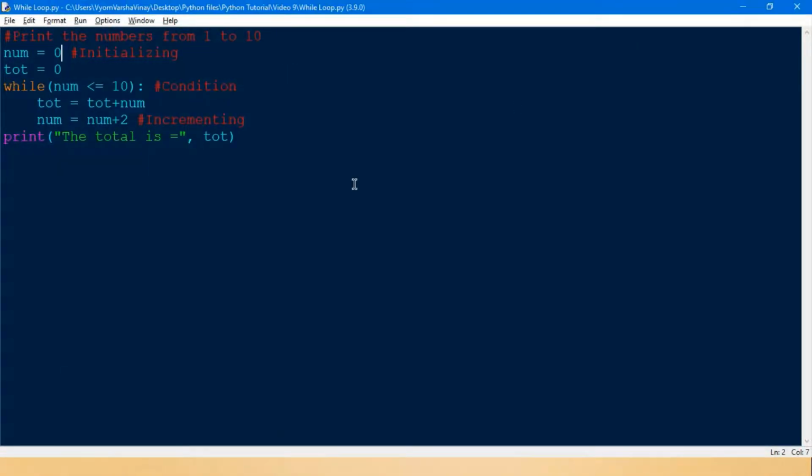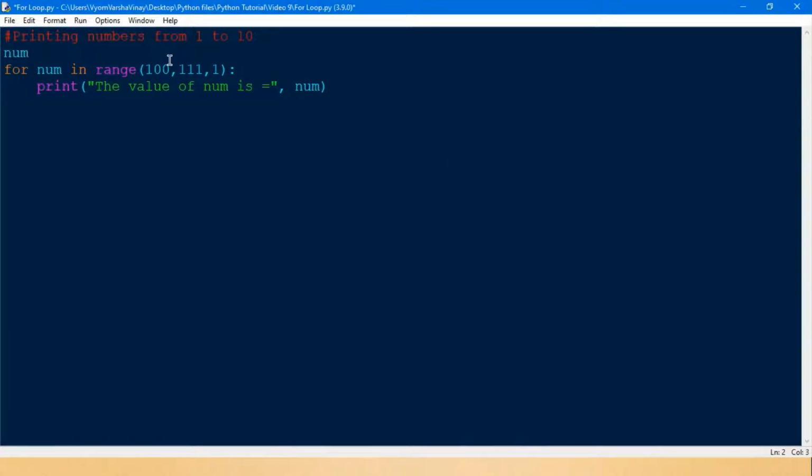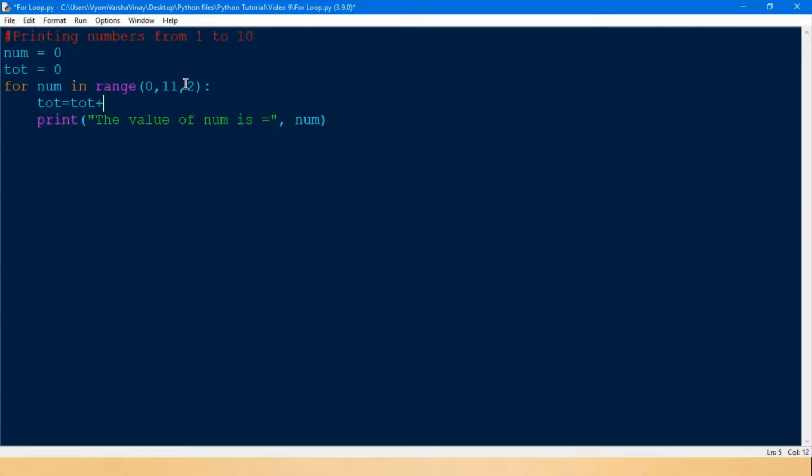Now doing this with the for loop. Okay, so let's take a num equal to 0. Range 0 to 11. Increment by 2. TOT is equal to 0. Okay, now TOT is equal to TOT plus num,